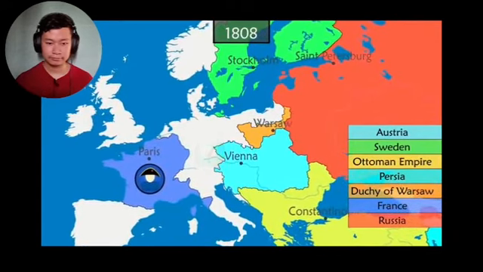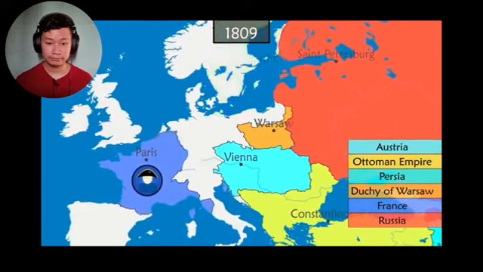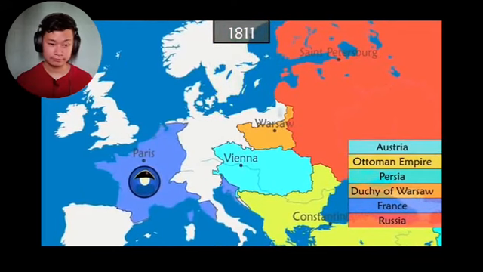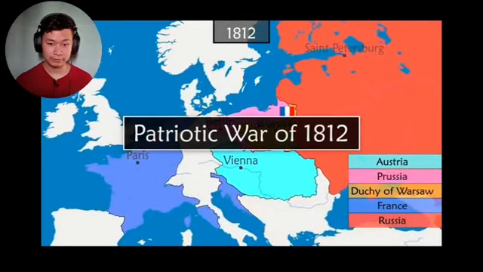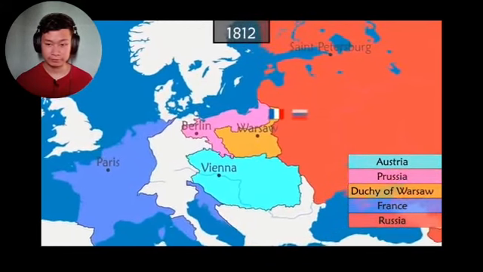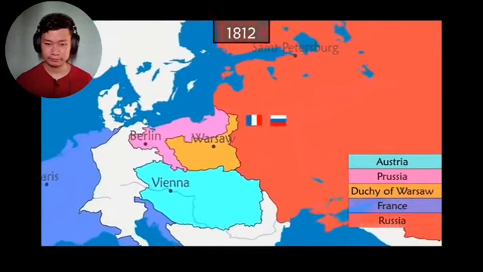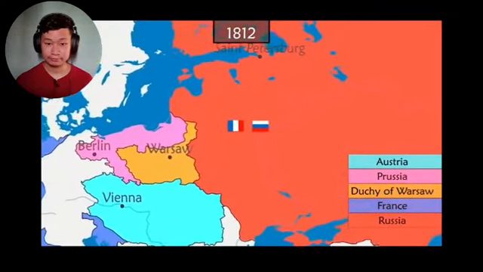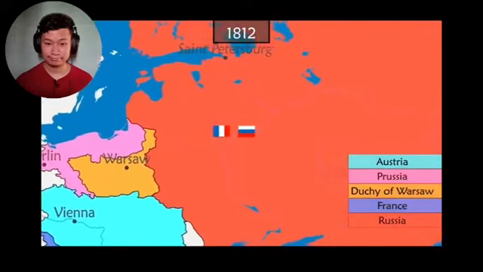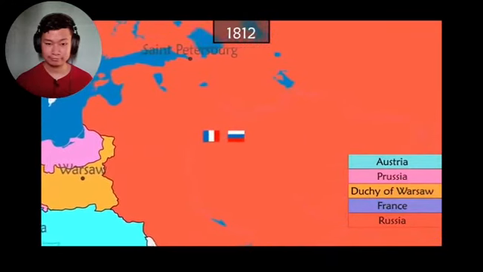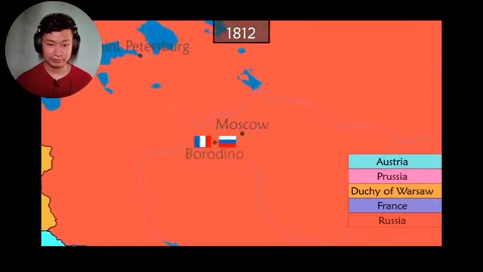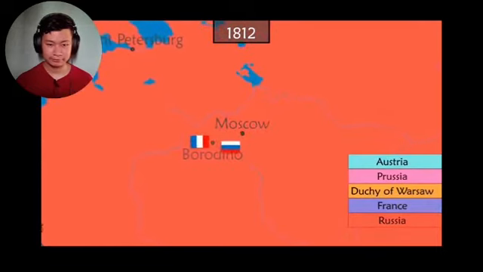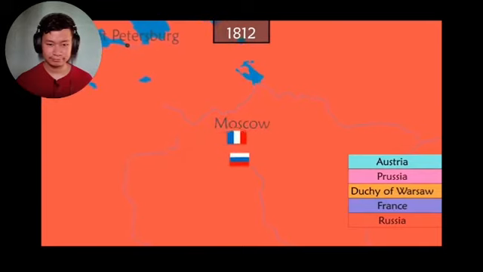But Alexander doesn't cooperate. Napoleon believes that he cannot count on Russia and so prepares to invade the country. In June 1812, Napoleon and his armies enter Russia, hoping for a quick victory. But the Russian armies avoid confrontation and retreat, forcing the French to go far inland. At the gates of Moscow, a bloody battle finally takes place, after which the Russians withdraw, leaving Moscow to the French. But the city is deserted and burned.